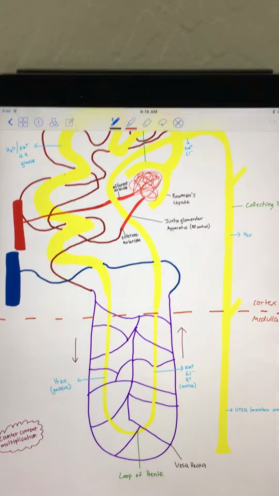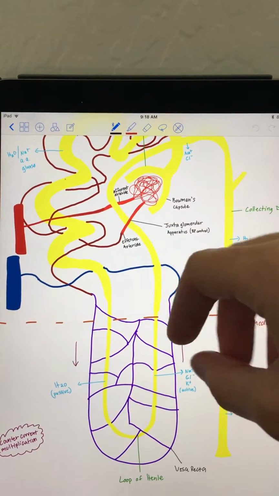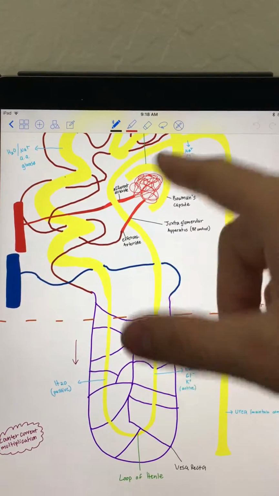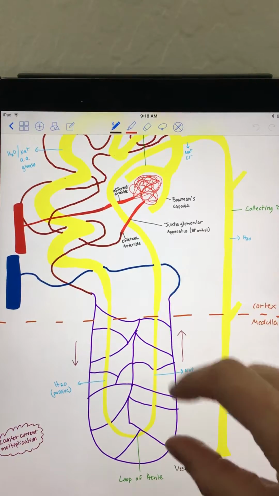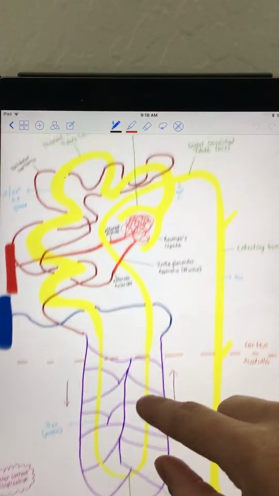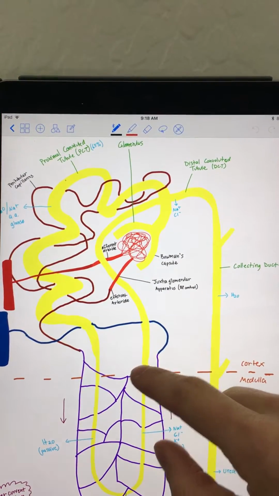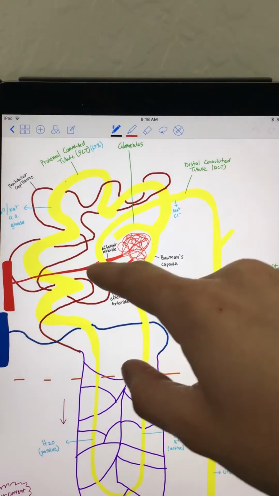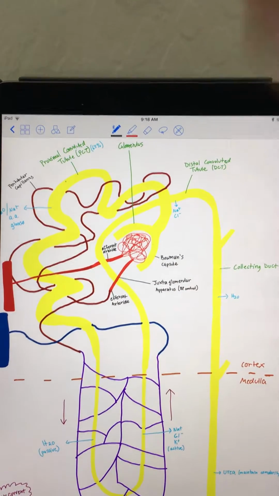I have colored it purple, which is going to help reabsorb. These are capillaries, peritubular capillaries, that are going to help reabsorb all those nutrients and water that is being excreted here. So then it would go up into the distal convoluted tubule, which is